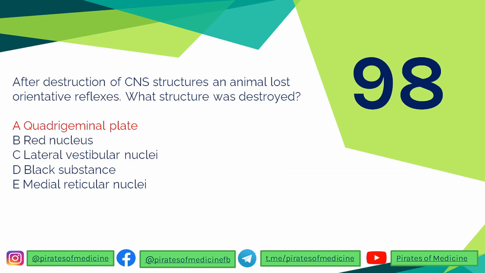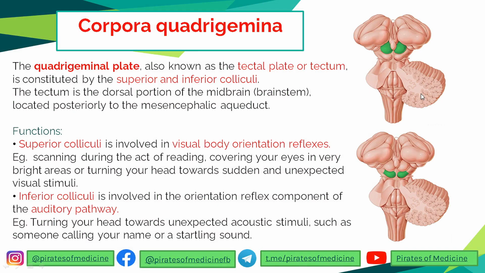98 says that after destruction of CNS structures, an animal lost orientative reflexes. What structure was destroyed? We did this question in the last video, the last two questions of the last video. Quadrigeminal plate or corpora quadrigemina, also called the tectal plate or the tectum. It is made by the superior and inferior colliculi, and it is responsible for orientation reflexes. So superior colliculi of the corpora quadrigemina are responsible for visual orientation reflexes, and inferior are involved in the